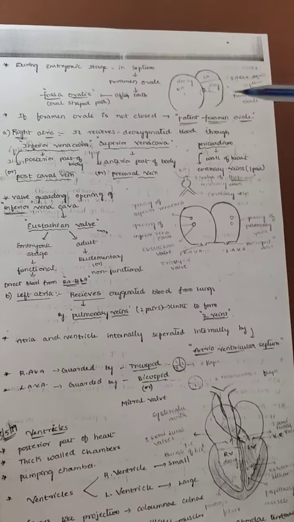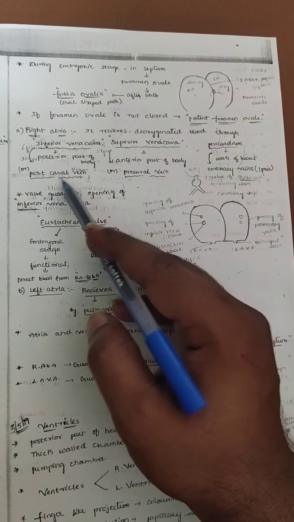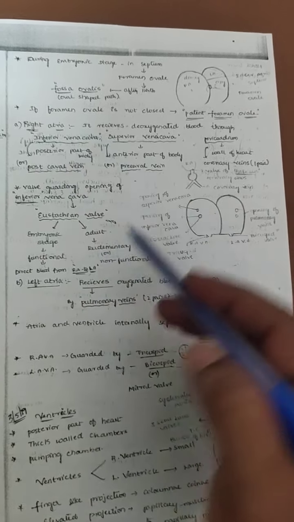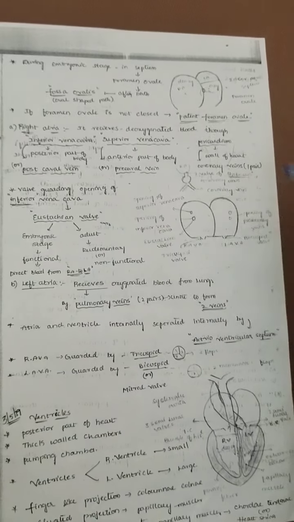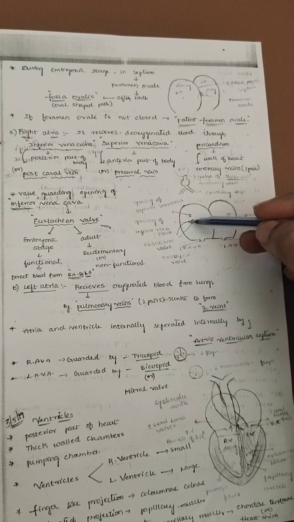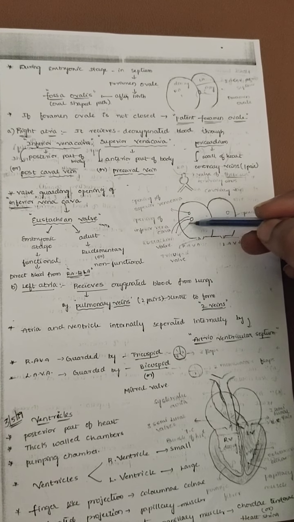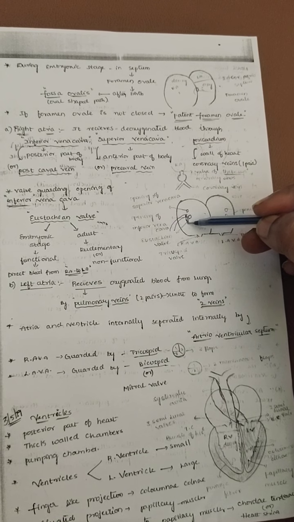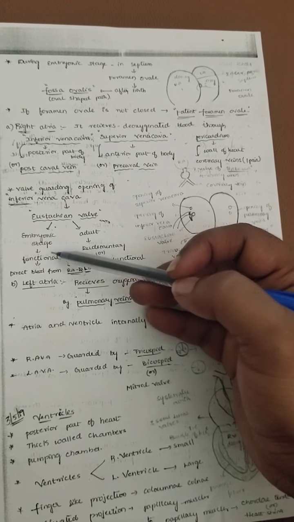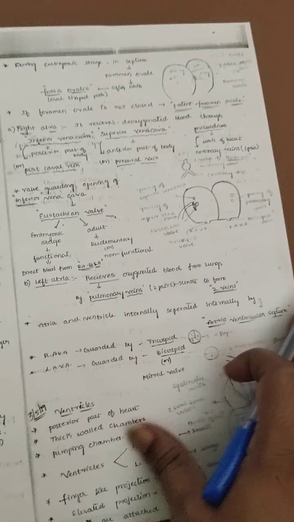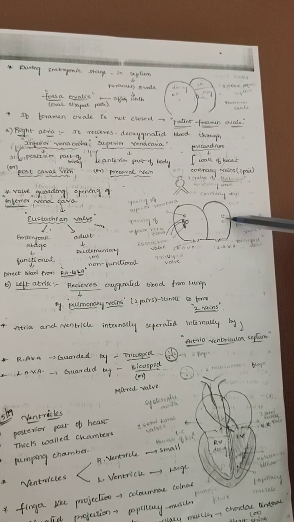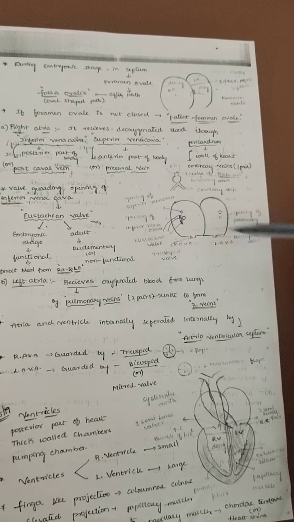Now here, this inferior vena cava is guarded by a wall. That wall is called the Eustachian valve. It means, suppose this is the inferior vena cava. This inferior vena cava is guarded, controlled by a wall. That wall is called the Eustachian valve. In the embryonic stage, this Eustachian valve is functional. It means the blood flows directly from the right atria to the left atria through the foramen ovale.